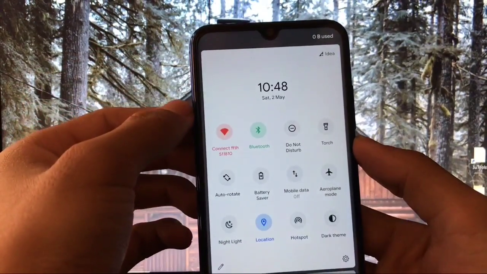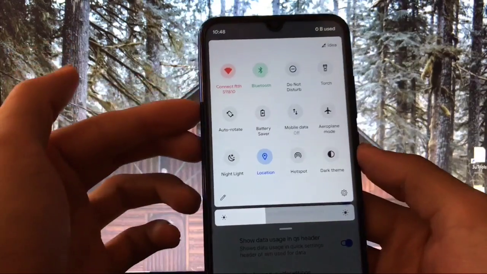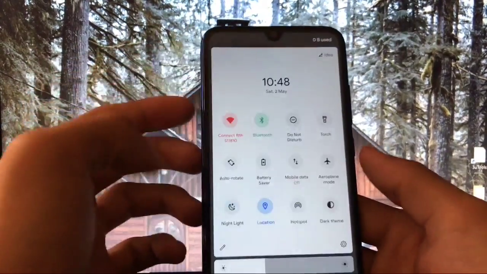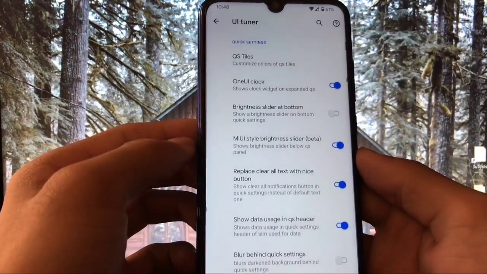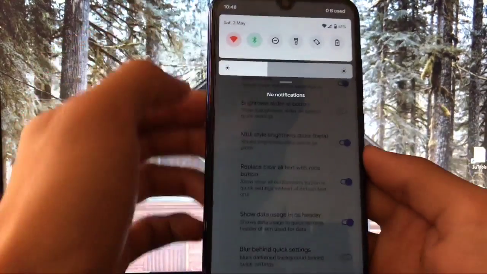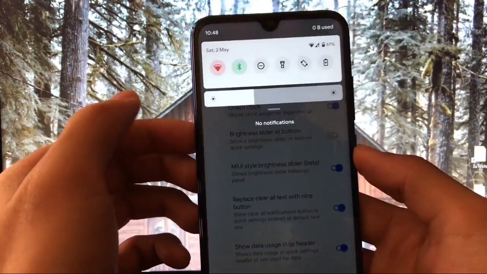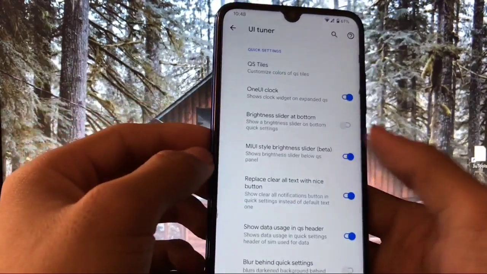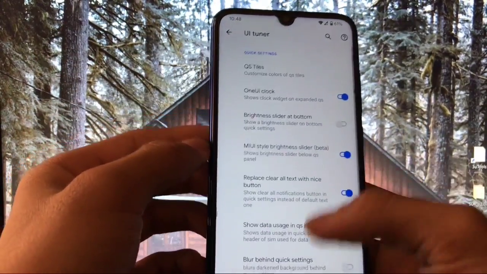You can see I have enabled it, and it looks very unique. Just disable this, and this is the normal quick settings panel which you get here, but after using this, you can see this looks very good. Also, you have the option of MIUI style brightness bar, which you can enable from here, and it looks very good. So you will get a One UI plus MIUI feel in an AOSP based custom ROM. Very new thing. Just disable it and everything is the same like the other things. So these are the things you get here.